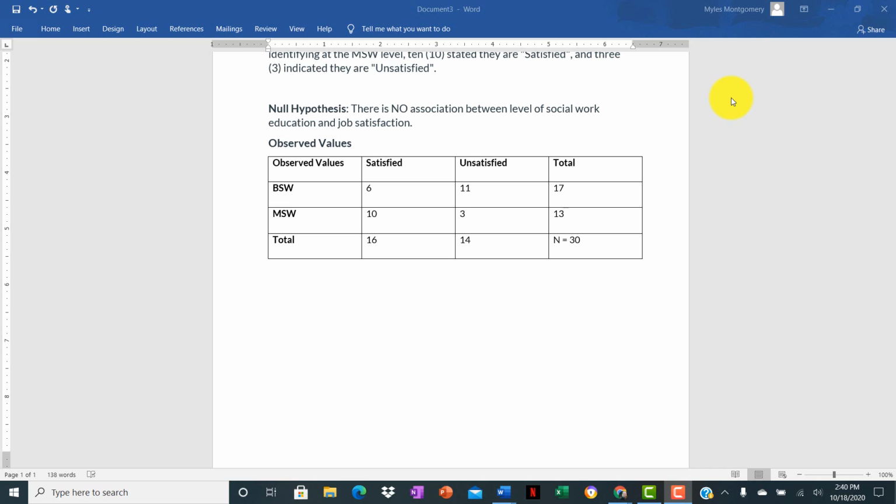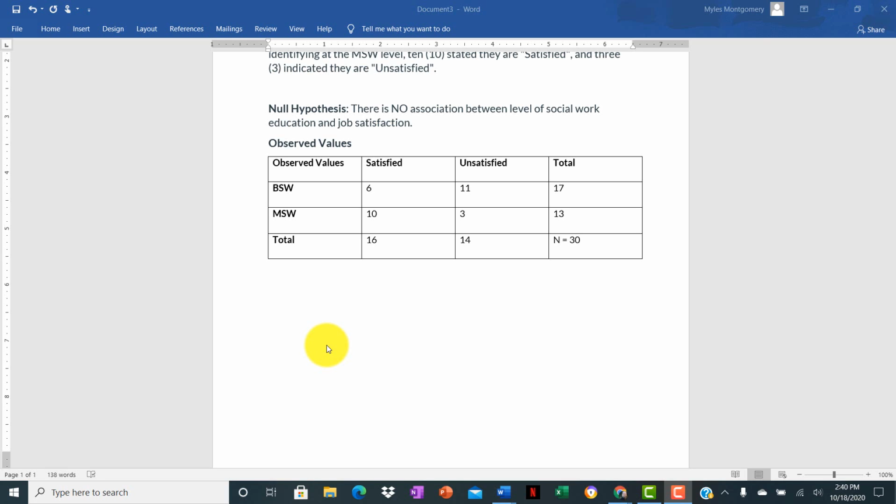Now that you have the observed values completed, I went ahead and made the writing a little larger. I boldfaced some things so it's a little clearer for you. Now that we have the observed values, we can go ahead and create the cross tabulation for the expected